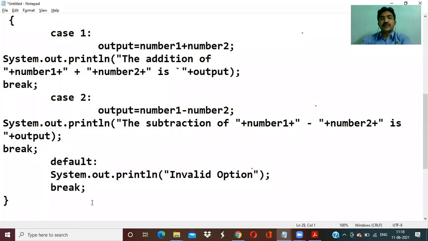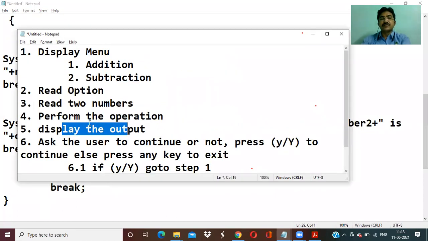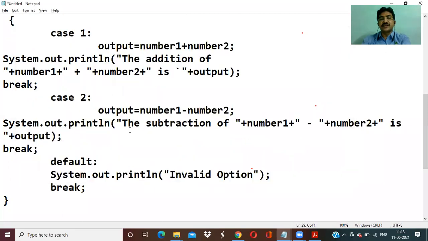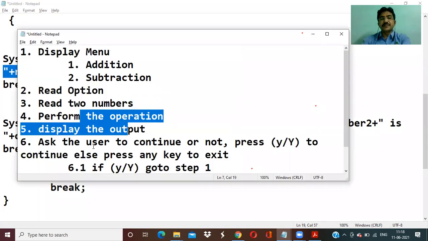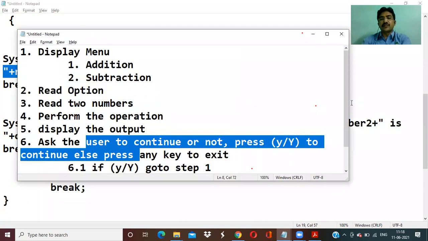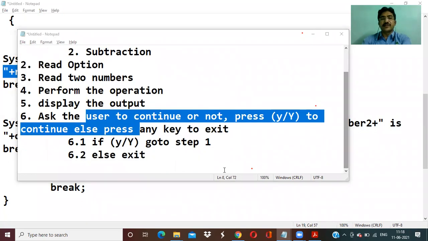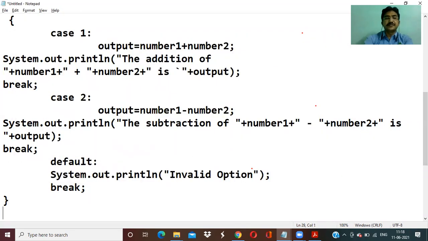Now, again, what is the next procedure? Once we perform the operation, we have displayed the output. Here we are performing the operation, and I am displaying the output here. Now, what is the next step? Ask the user whether to continue or not. If continue, press small y or capital Y, or else any key.